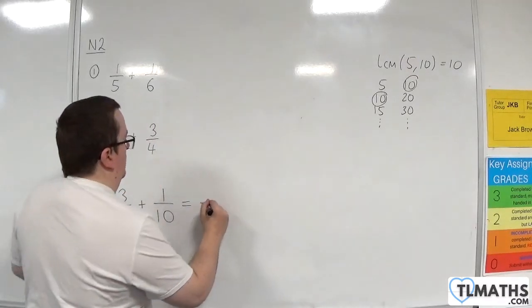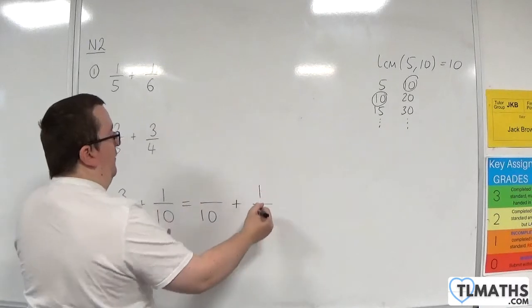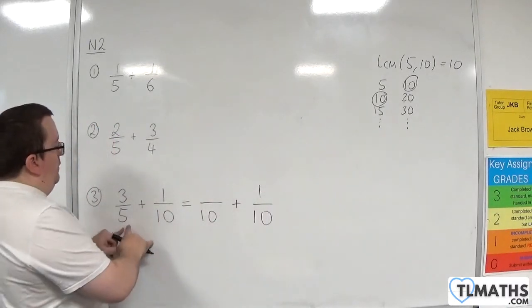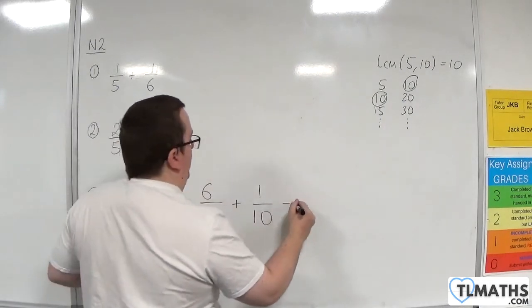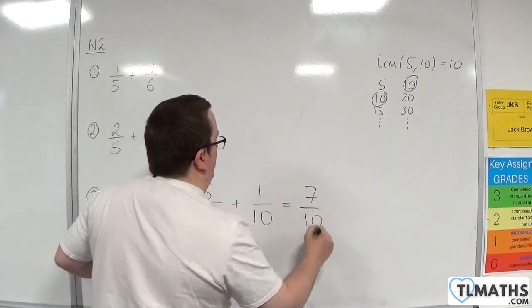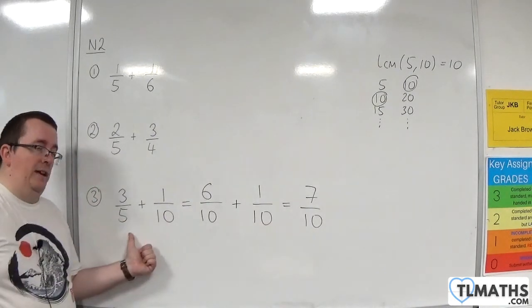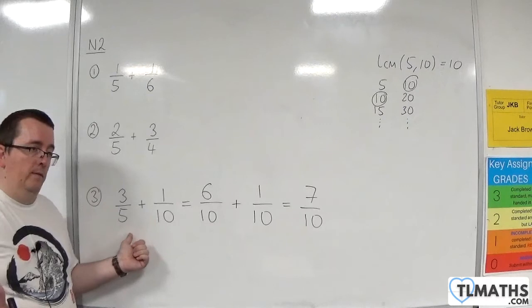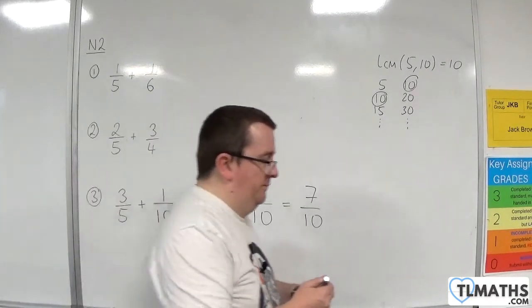So then something over 10 plus something over 10, well, we already know that's 1/10. So 5 lots of 2 makes 10, so 3 lots of 2 makes 6. So we have 7 over 10, and that's our answer. So you could have spotted it initially, that's the quickest way, or use the lowest common multiple and do it that way,